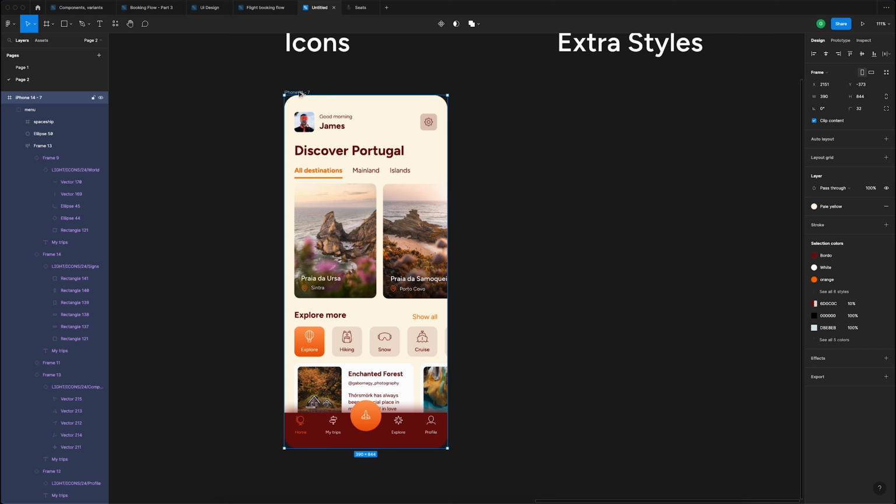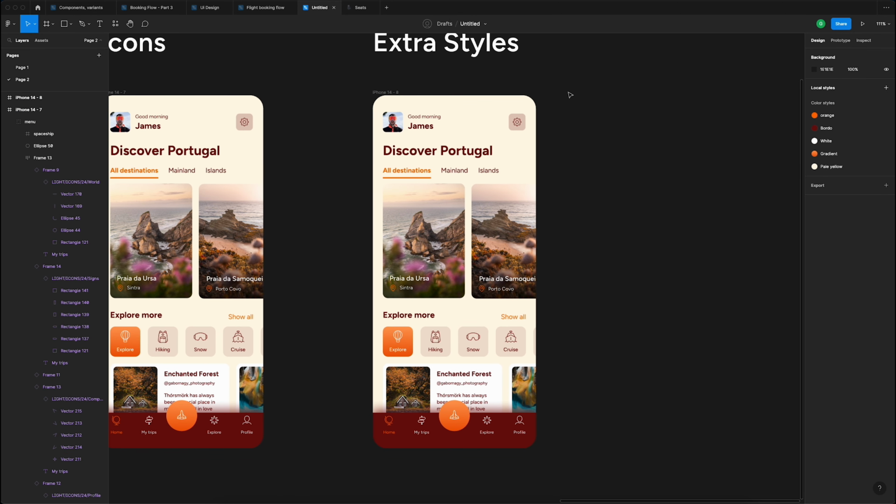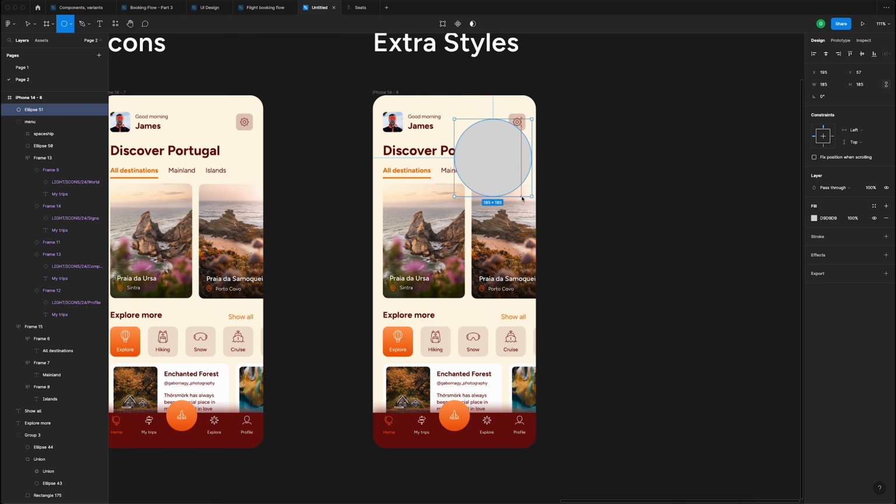and duplicate it again. And for this one, at this step, I want to add some extra styles, maybe some gradients in the background. So let's first do that. I'm going to create an ellipse. Draw an ellipse by holding down the shift, so all the sides are equal. And I'm going to use this Bordeaux color,